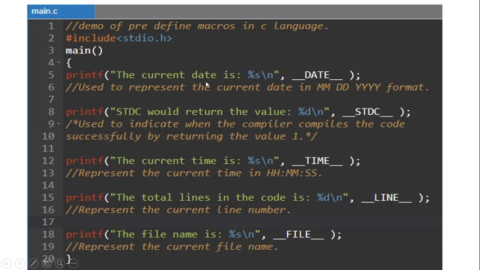I ran that code in an online compiler. Date gives me the current date, stdc gives me the return value 1 if my program is compiled successfully. Time gives me the current time, line gives me the current line number, which is 15, and file gives me the file name, that is main.c.